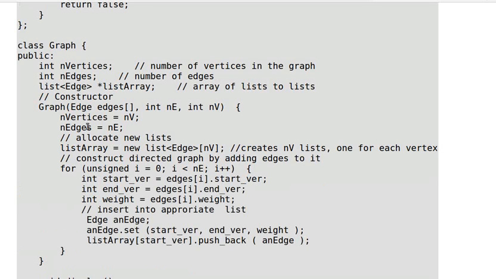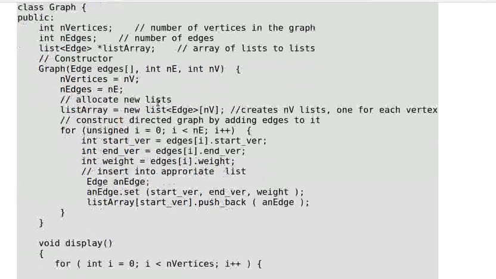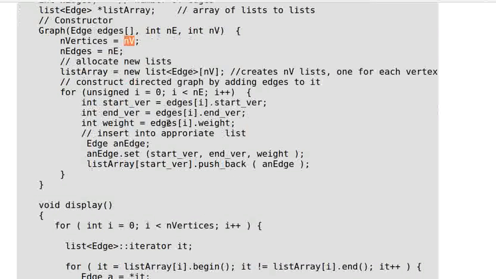So we create a list of edges, for that many lists, because NV is the total number of vertices. So we need to have that many lists to store the adjacency lists. And then we construct the